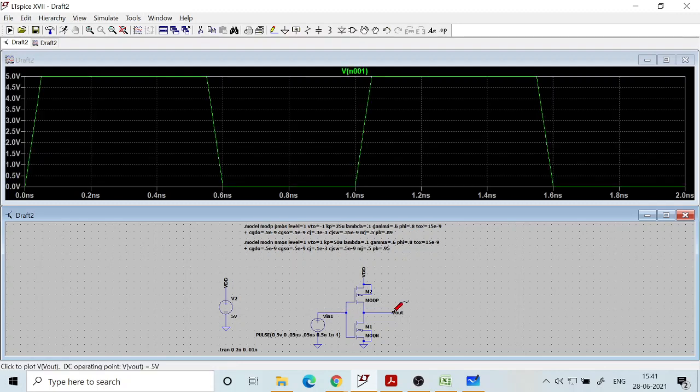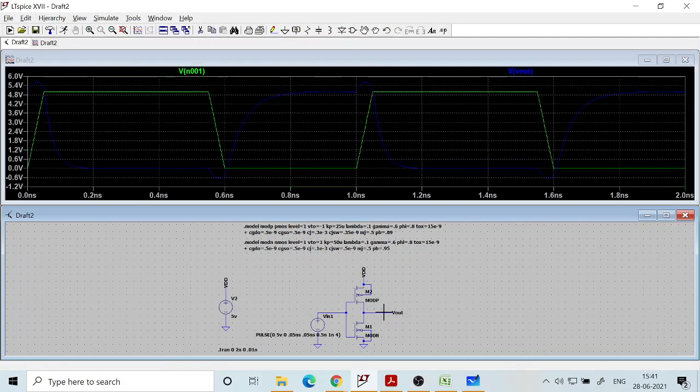Only 2 cycles. Okay, so now you can see the waveform quite well, and you can find out rise time and fall time, etc. So the definition I gave you, 2 definitions for rise time and fall time at the output. One is to take from 10% to 90% of the output waveform.